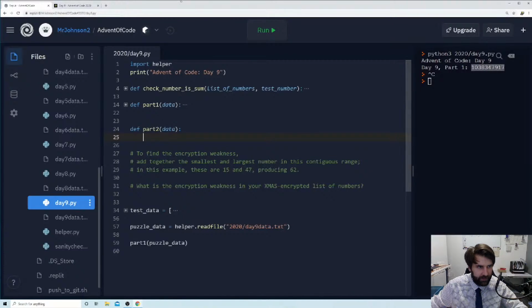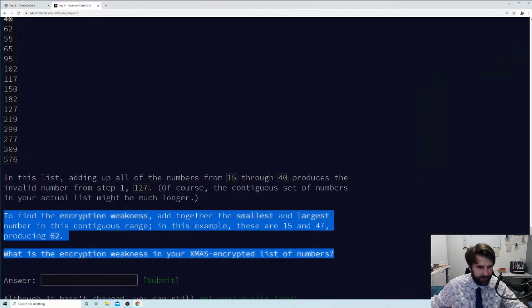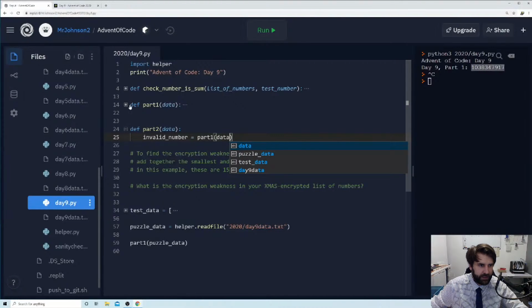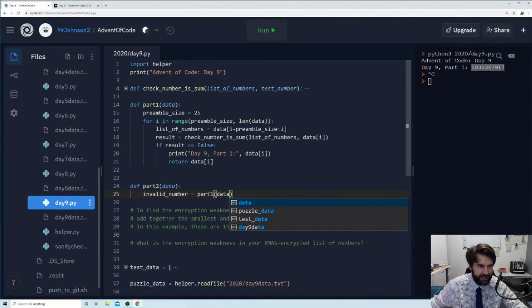Encryption weakness. No, what word did they use for it? Invalid number. Okay, so let's call it our invalid number. Invalid number is equal to part 1, which we've written just above, and we're going to pass it our data. So part 1's going to run, it's going to do all of this inside there, and it's going to return to us our invalid number.